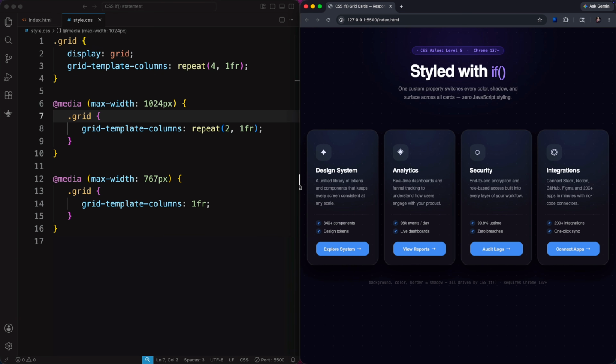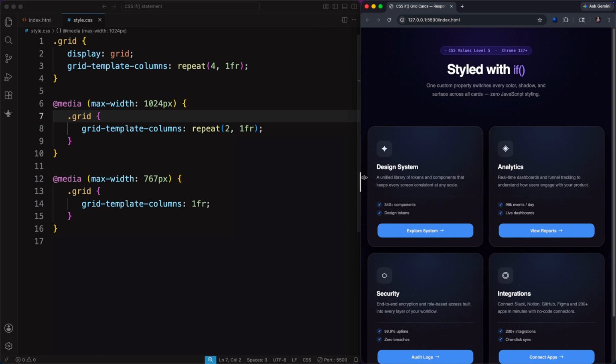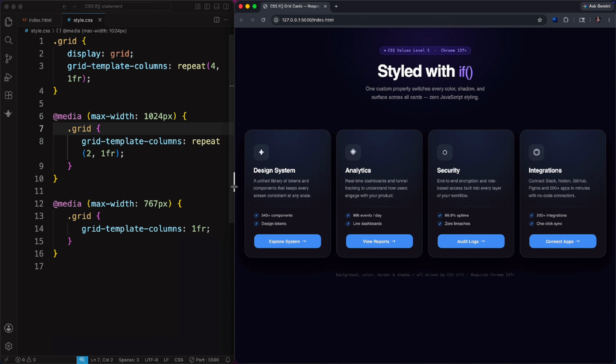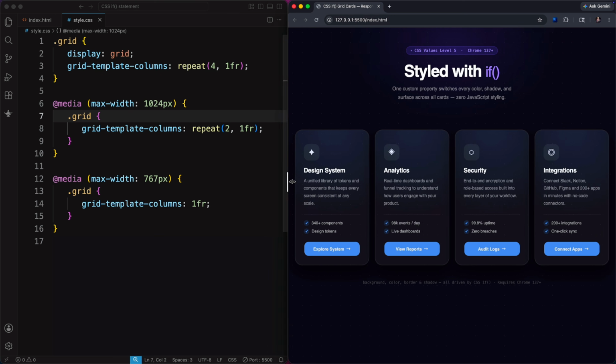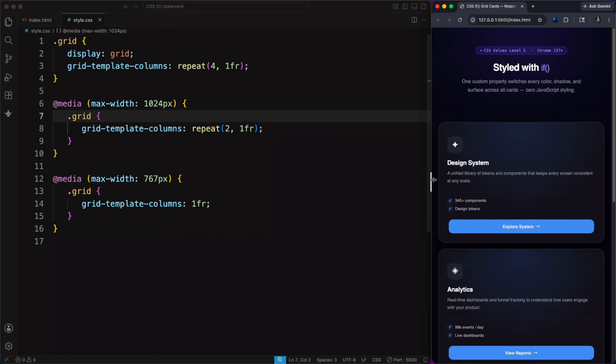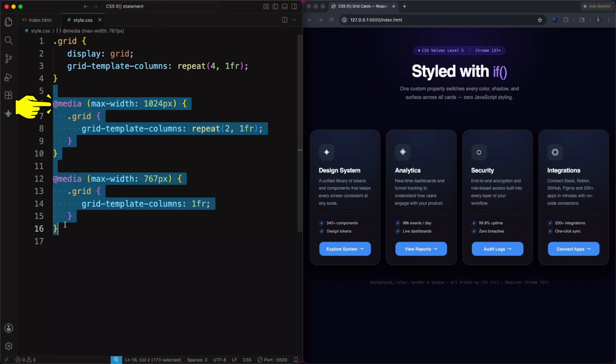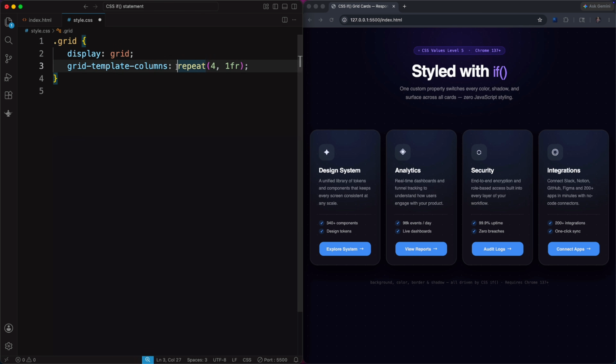Let's start with a simple responsive design example. Here I have multiple content cards. On large screens, I want 4 columns, on tablets 2 columns, and on mobile devices just 1 column. Normally, we would write multiple media queries for this, but with the new CSS If Function, now we can create